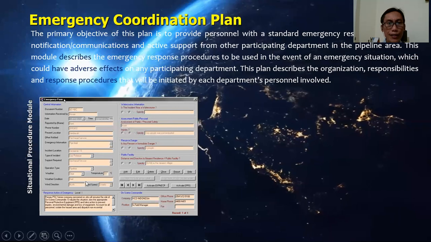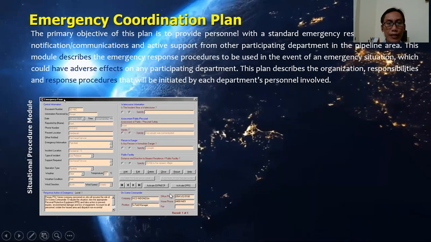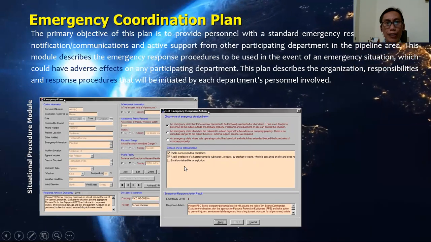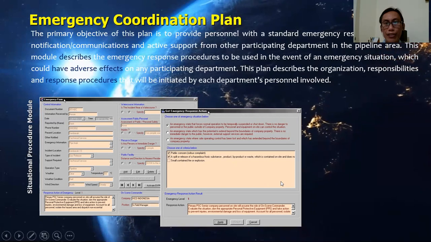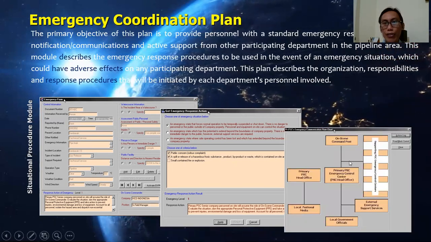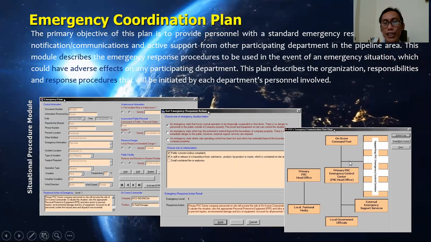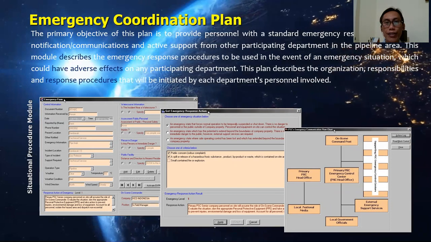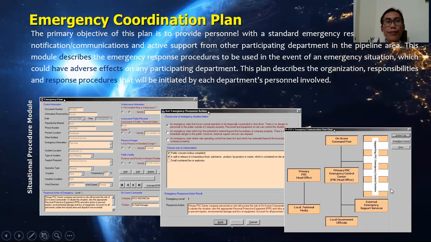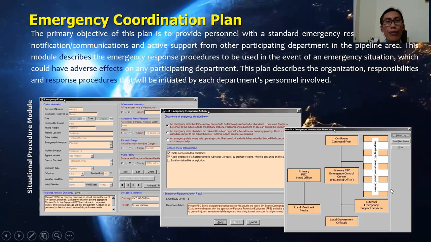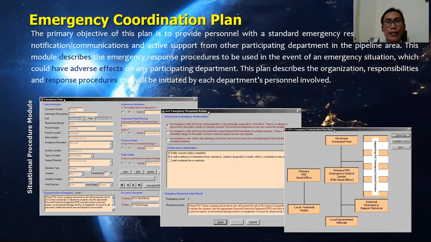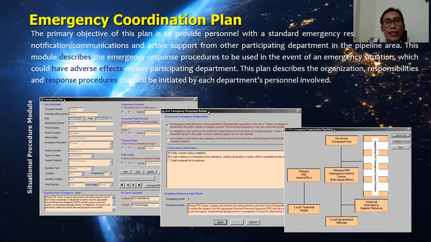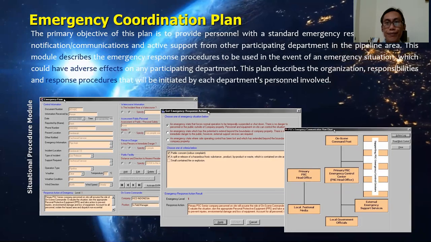After this form is complete, the system can suggest what should be done as the next action. And then we can also coordinate with other organizations to follow up the emergency. So this is a very comprehensive module for daily operation in pipelines, especially in gas and oil distribution through pipeline.